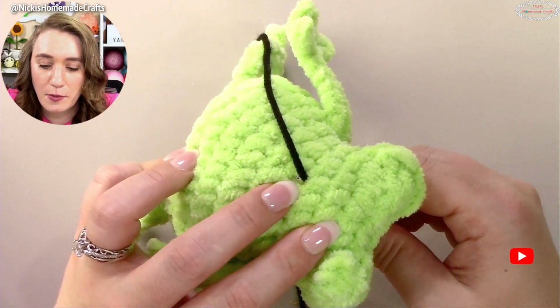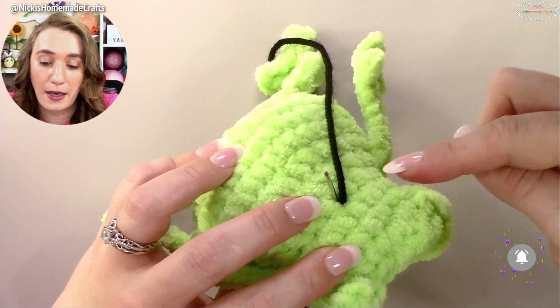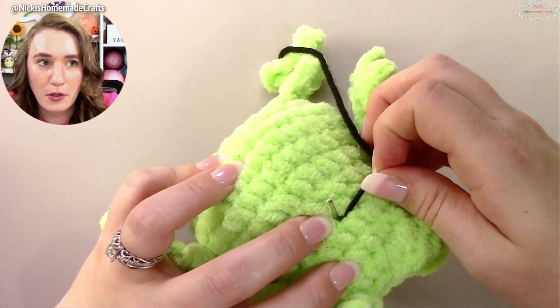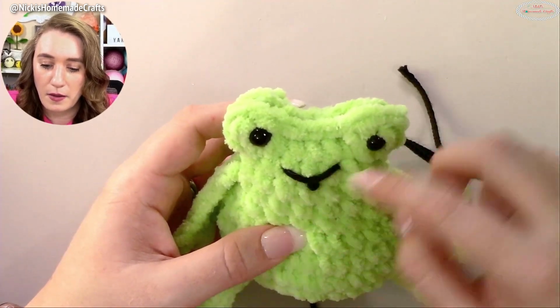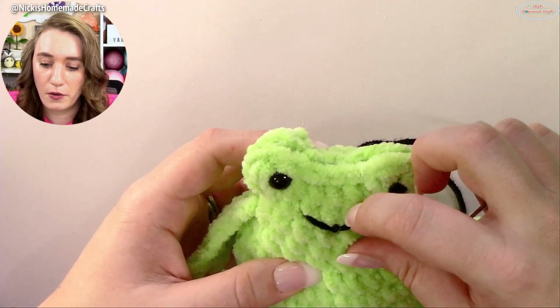You need to make sure it's the same spot because we want to be able to hide that yarn. If it's not, if it's going through 2 different areas, then you're going to see the black in the end. You want to come out the exact same spot, okay? So I'm going to pull this through and make adjustments here to make my mouth look even and cute and adorable,